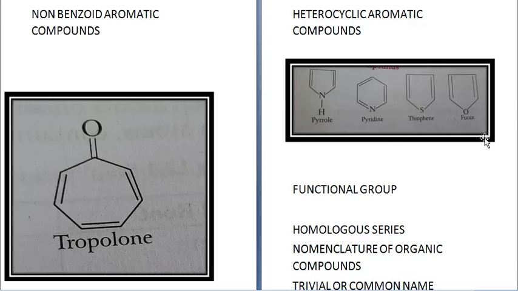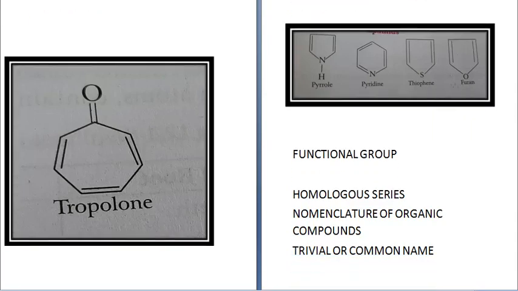Next we come to nomenclature of organic compounds. Two systems of nomenclature are followed. First is the trivial or the common name. Trivial or common names are based on the source of origin or on certain properties. Example, acetic acid got its name from acetum. Acetum means vinegar in Latin. Since it is present in vinegar, it was called acetic acid. Citric acid, because it was found in citrus fruits, they gave the name citric acid. So depending upon where it is found, the trivial or common name was given.